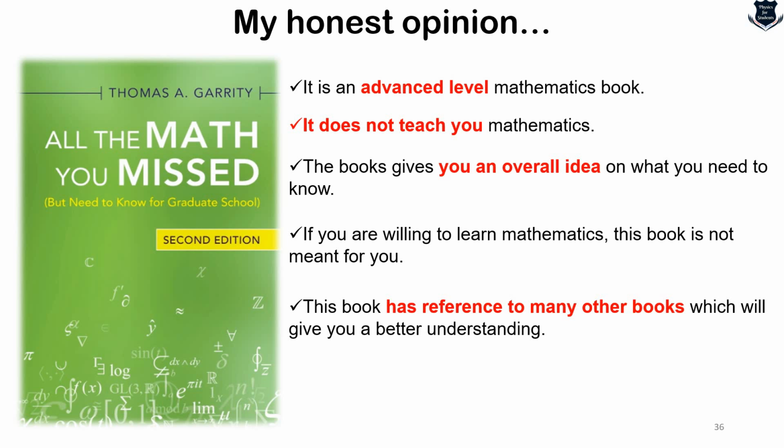Just remember that Thomas A. Garrity's book is definitely great, especially for Stokes theorem and the divergence theorem. It has a superb explanation, and it will give you at least a chronology, at least a way to understand that this is the level of mathematics and these are the topics that I should learn in order to become what I call mathematically literate.